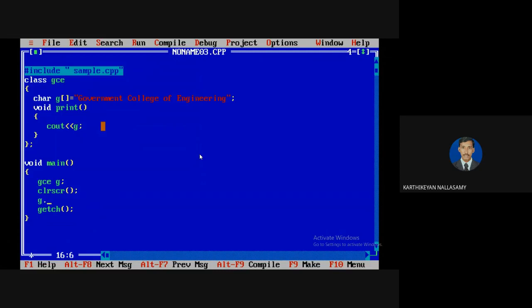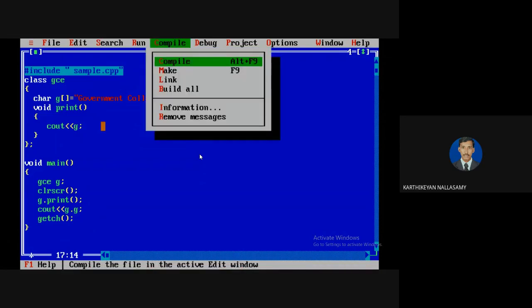So I'm going to access it with a dot. I want to print it, so I'm going to access the method print. Even if you want to print the value of G, you can print it here. Just a minute, the object name makes a confusion. G is my data member.